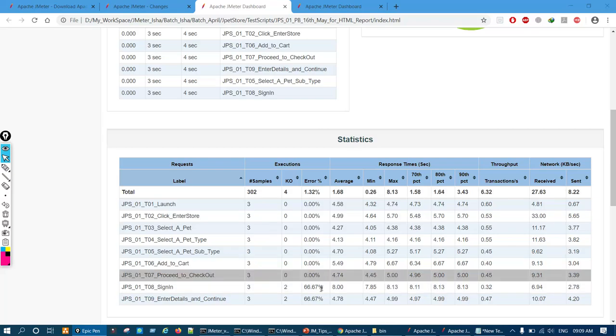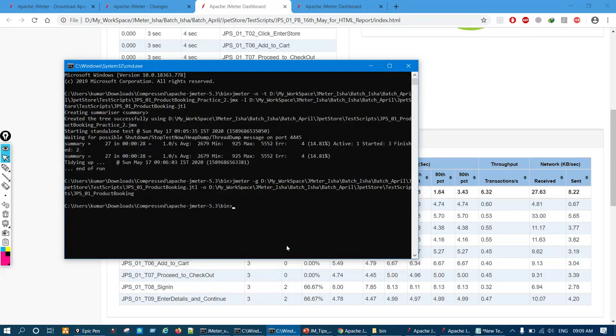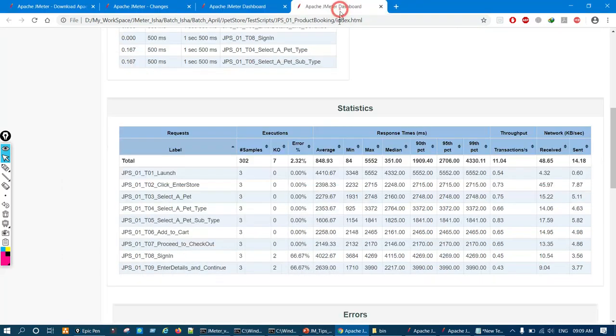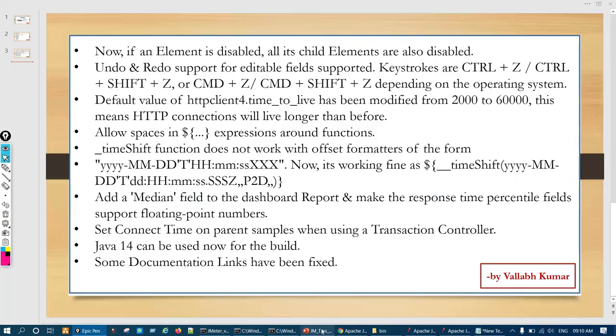But before starting this video, I executed one test using JMeter 5.3 and generated a report. In the new HTML report, if you observe, the median column has been added, and the median values are also coming, apart from the 90th, 95th and 99th percentiles.